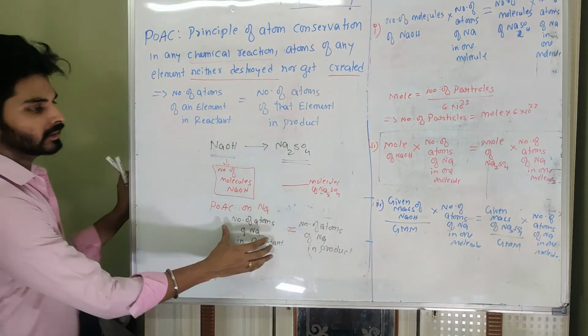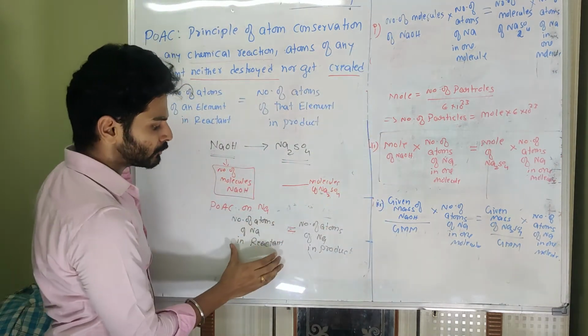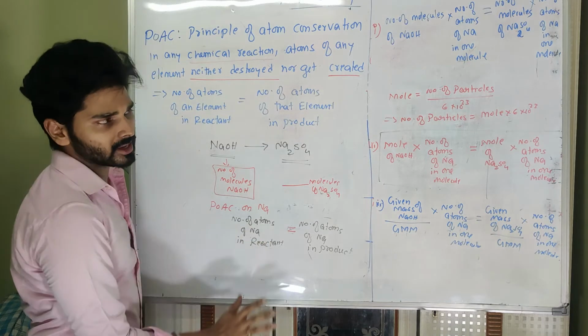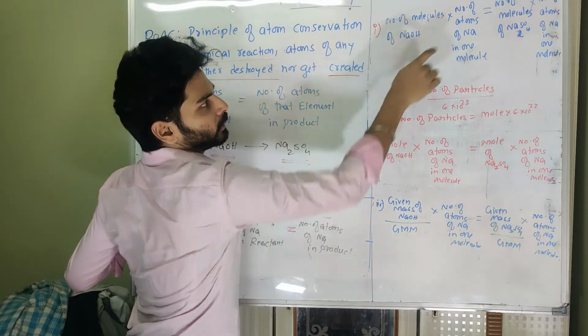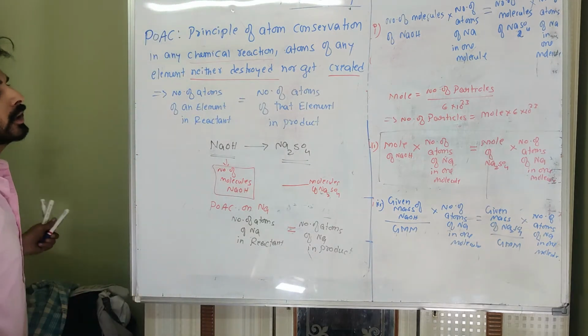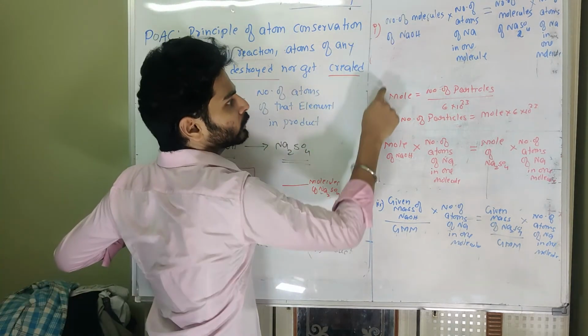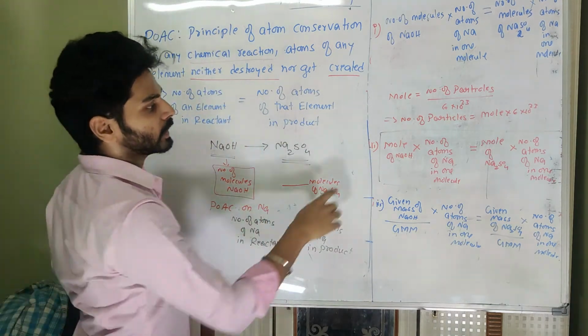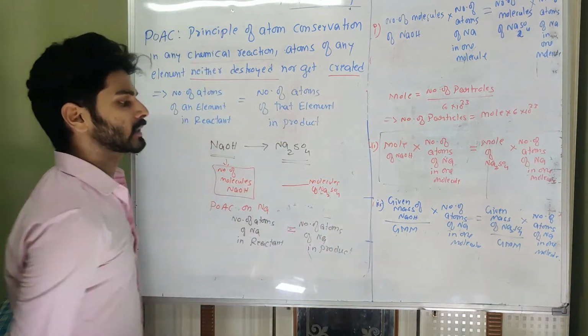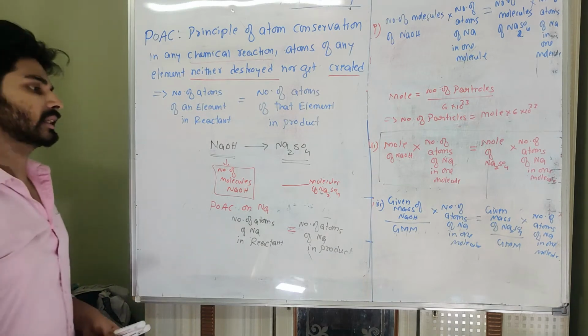Actually, these are all different forms of the number of atoms of sodium in the reactant. We are converting that in terms of molecules, then I need to multiply by the number of atoms in one molecule. I've converted number of molecules into mole just by rearranging this. Now I've converted mole into given mass upon molecular mass. So this is another formula.